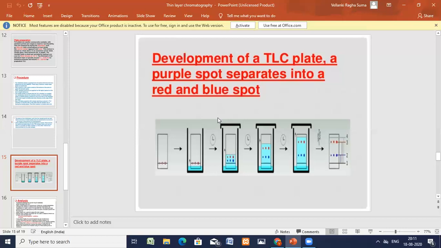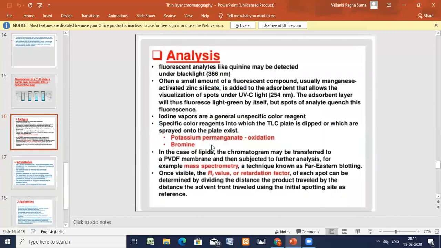Now let us go to the detection of the spots. The procedure is done and it is shown in the diagram. Now we'll see the detection of spots formed by separated substances, how we are doing the analysis. The spots of the separated components are detected and located by spraying appropriate color producing reagents on the spots. These reagents are characteristic compounds suitable for inorganic cations or organic molecules.